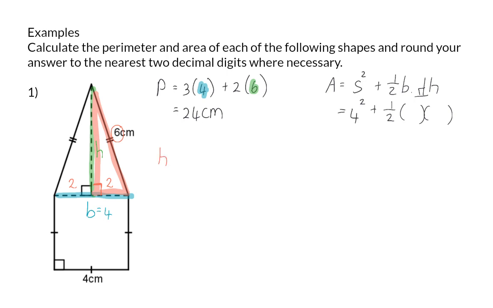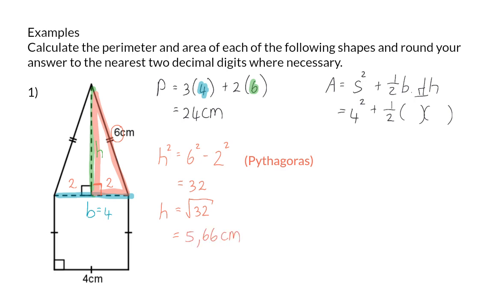So to determine our height, I'm going to start by squaring the hypotenuse and then subtracting the square of the shorter side. This will give us a value of 32. So when I want to calculate the height, I will take the square root of 32. This value, rounded to 2 decimals, is